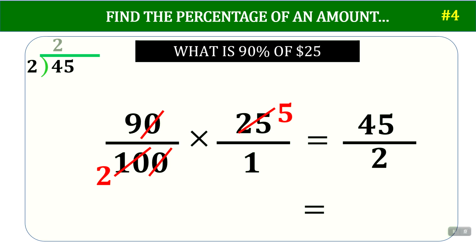2 into 4 goes twice. 2 times 2 is 4. When we subtract, we're left with 0 and we bring down the 5. 2 into 5 goes twice. 2 times 2 is 4. We subtract and we're left with 1. There are no more numbers to bring down, so we have to put a decimal point and add a 0. Now 2 into 10 goes 5 times, and 5 times 2 is 10. When we subtract, we get 0 and we are done. And the answer is 22.5. We know that in money, that is